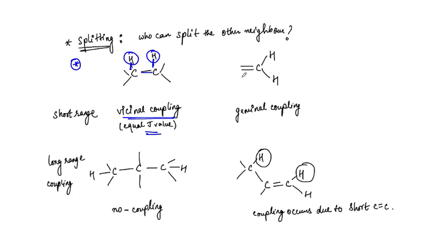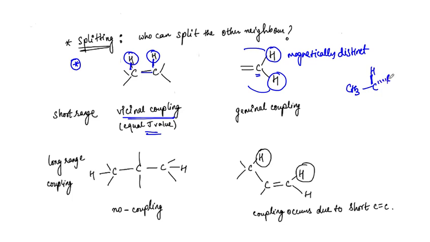Okay, the other type of coupling is geminal coupling, and geminal coupling happens when two hydrogens which are basically present on the same carbon are still different, which means they are still facing different environments somehow. Okay, and then they become magnetically distinct. So if we are talking about the protons, let's say if we are talking about these two protons over here of n-propane.